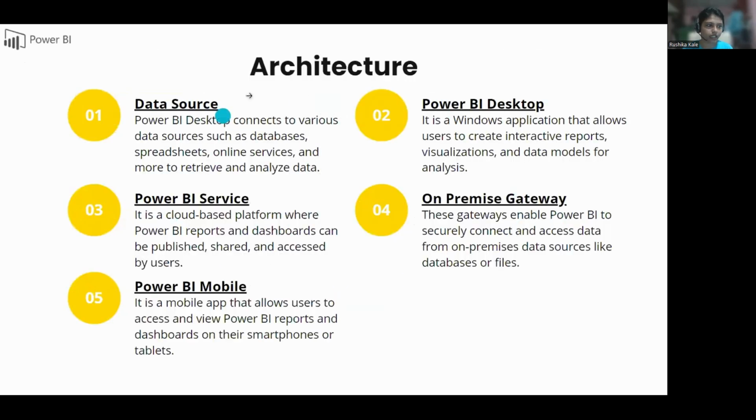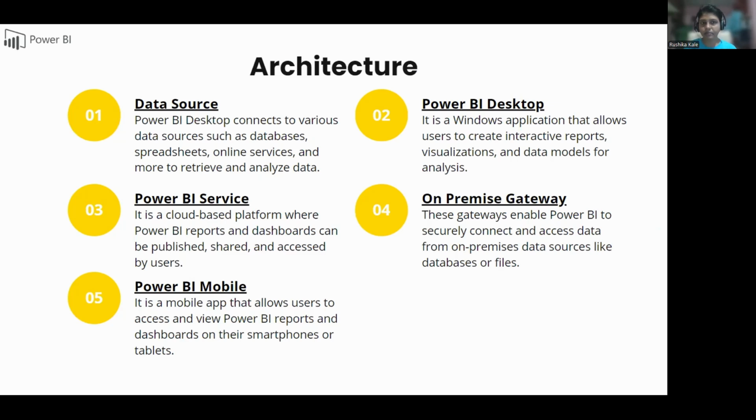So this is the overall architecture. More about this architecture you will find on the next page. Okay, there is a data source, Power BI service, Power BI desktop. There is again a concept of gateway. I'm not talking about it right away because that is something which is completely new for many of you. Even if you understand the concept of BI and the architecture, understanding the gateway is a different part actually. And there is Power BI mobile also. I will also show how Power BI mobile looks like through the in calls only.